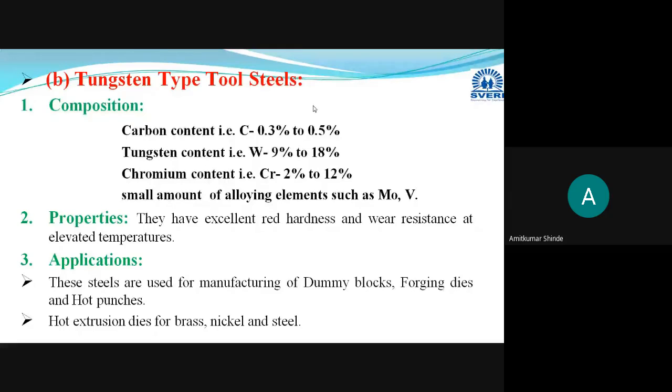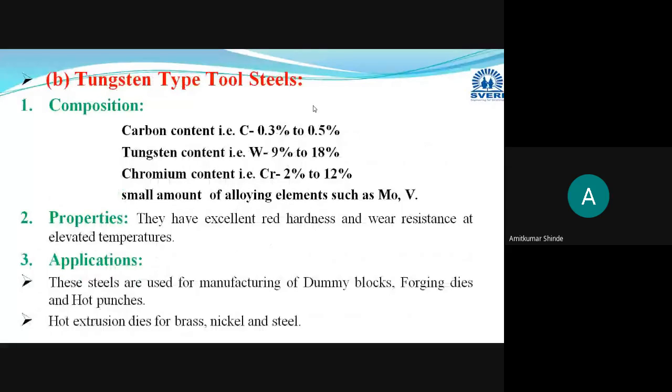These are used for manufacturing the different dummy blocks which we use in the manufacturing industry, then forging dies, then hot punches, then extrusion dies for brass, nickel and steel metals, or you can say those metals and their different alloys. Okay, commonly for all three here,